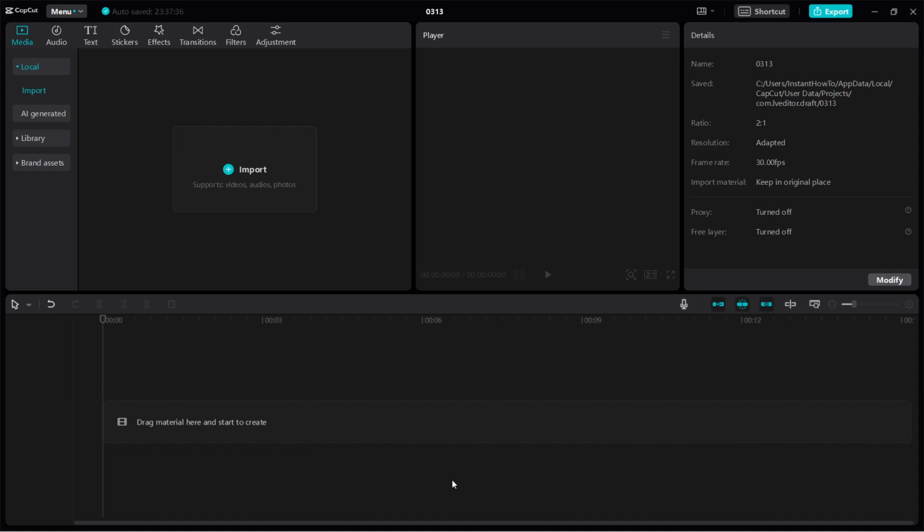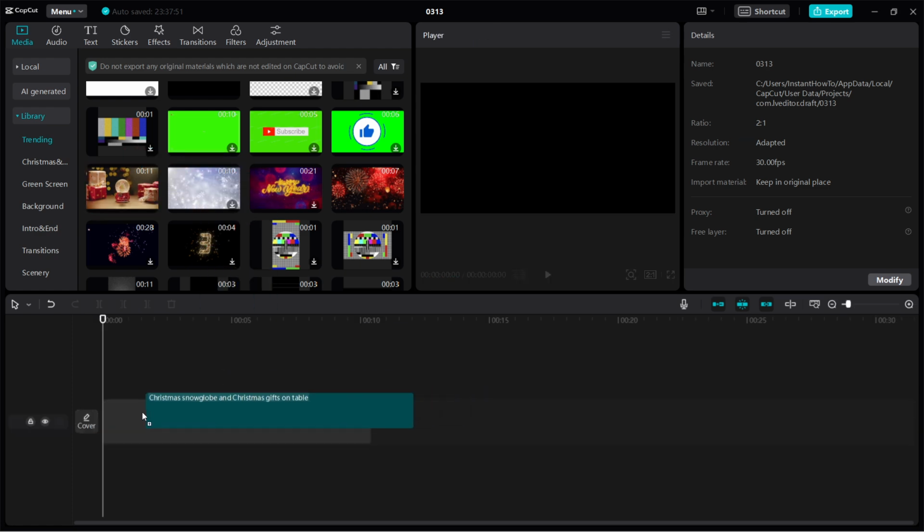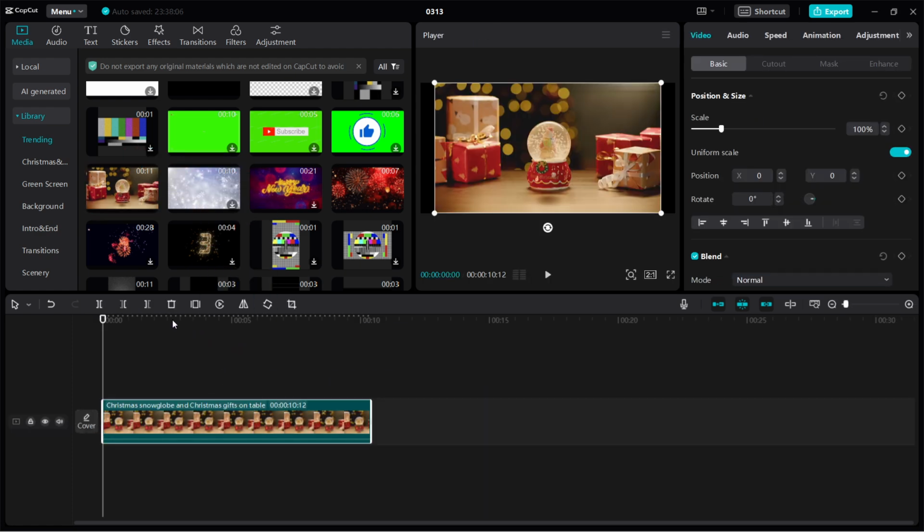In this video, I'm going to show you how to add a watermark in CapCut on PC. So what you first want to do is import your video or images or anything you'd like to watermark. In my case, I'm going to go to library and use this clip over here. And now you have to drag it into your timeline,